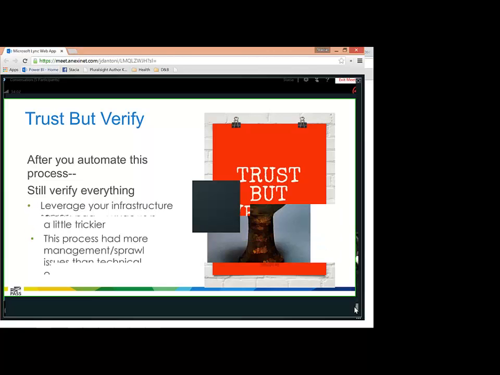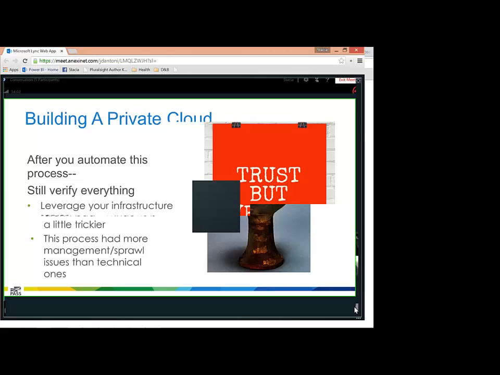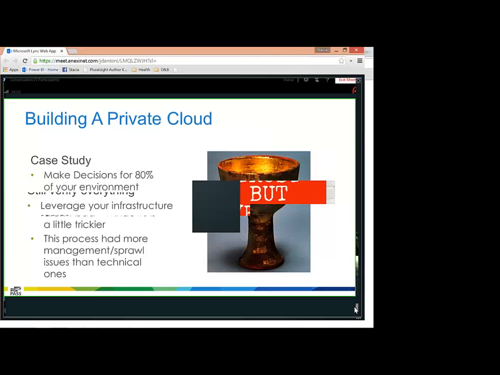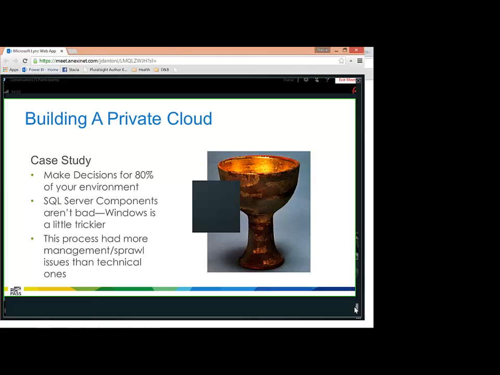So we built out a private cloud as well. I talked a little bit about it throughout the presentation, but I'm working with another client on this at the moment, and it's kind of an interesting scenario. You really have to make decisions for 80% of your environment. Yeah, you're going to have those servers that are outliers that are huge and need a terabyte of physical RAM. But when you're sizing, and if you're building a private cloud, I'm just assuming you're using a virtual environment, you're sizing out